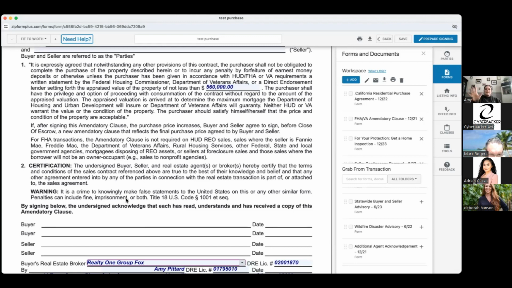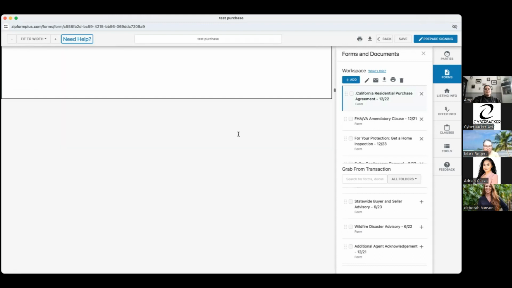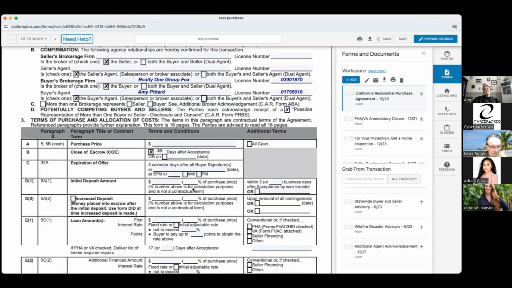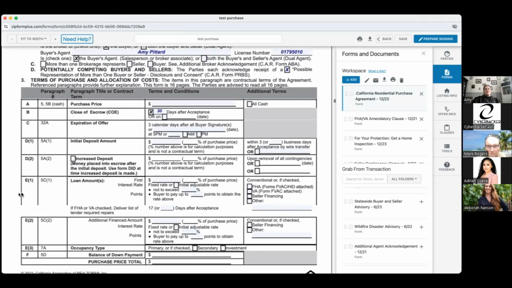So that's this form. Why is this form important? Well, number one, it says it's going to be required if you have an FHA or VA deal. But let's dig a little further into the purchase agreement so that you understand the importance of this form, because it is important, even if you have listings. So remember here on E1, it stated that if we had an FHA or a VA, this form would be attached. So if we go over here to the paragraph reference in the second column of the grid, it says that we can find more information about this on section